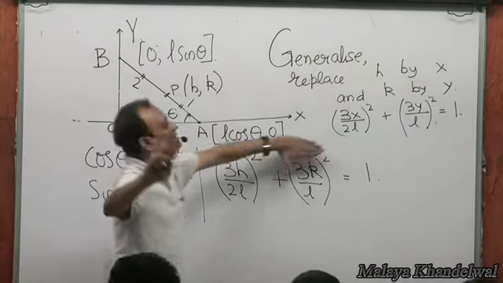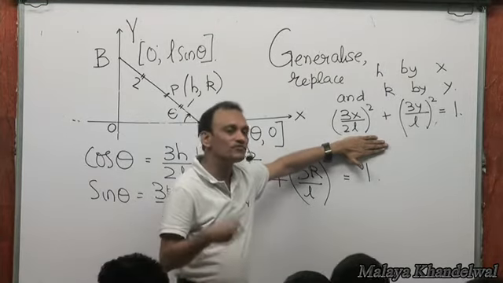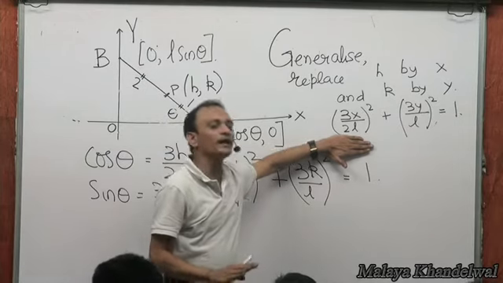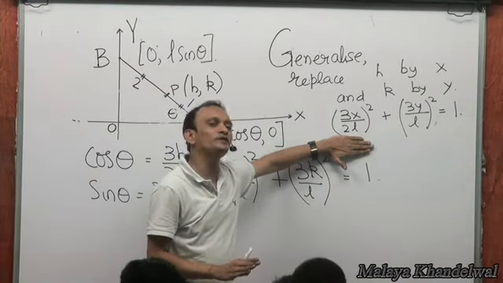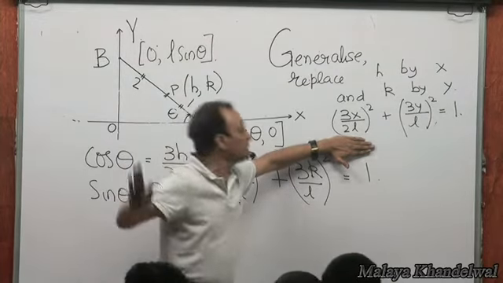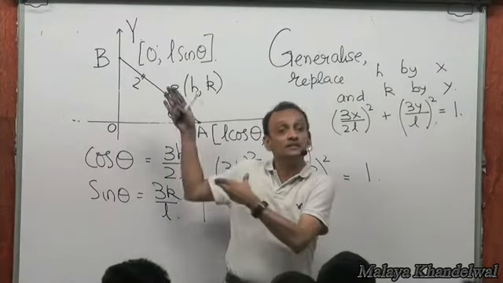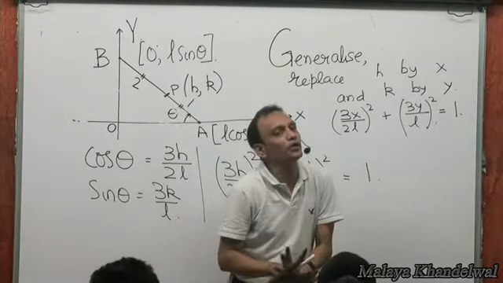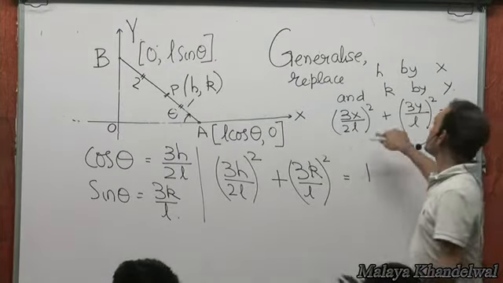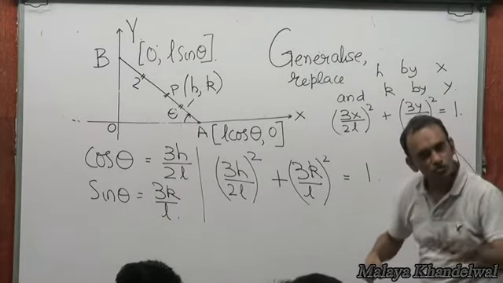So what I mean is, don't get finicky about this. This is for the ladder. All that I mean is the xy of any point traced by the point P, any trajectory traced by the point P, must satisfy this condition. This is all that it means. It's another issue that in this case, x and y also have to be positive because it's a case of the first quadrant. But all points in the first quadrant satisfying this condition must be points on the path traced by P.